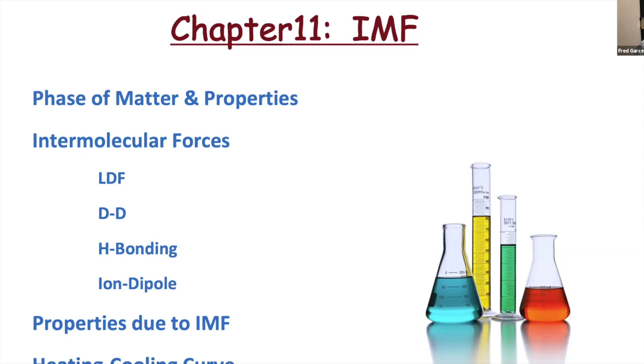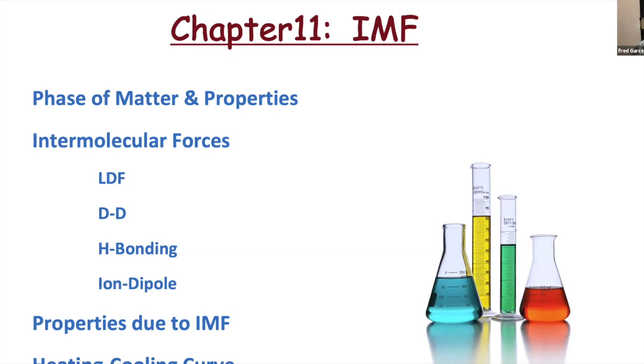Dipole-dipoles for polar chemicals. It's like a magnet coming together. When you put a magnet together, the north side of a magnet is attracted to the south part of the magnet. Chemicals with a partially positive end will be attracted to the partially negative end of a chemical. That's what dipole-dipole is. Hydrogen bonding is a special bond when hydrogen is bonded to an electronegative element. You guys will need to know how to recognize that, since hydrogen bonding is really important in your MCAT, and biology.